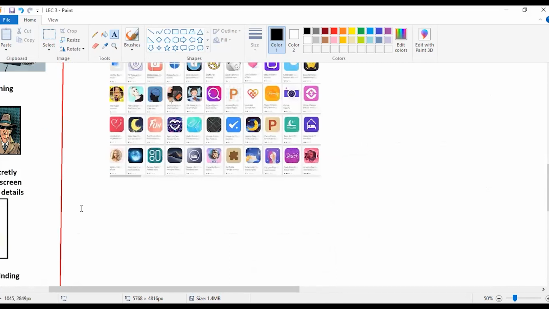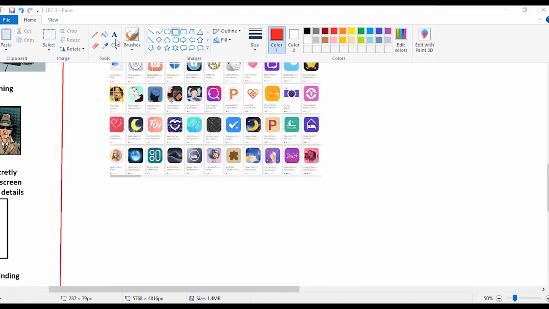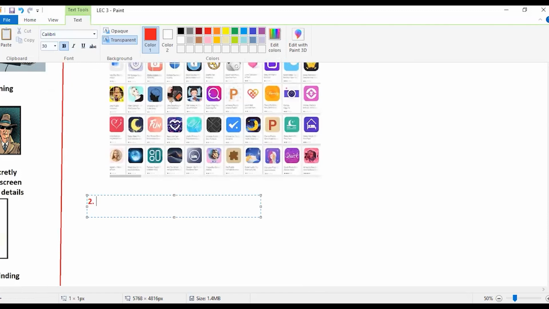The second thing is the third party app. The first thing is the third party application. The second one comes in is